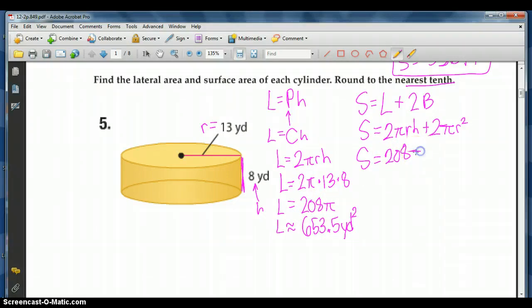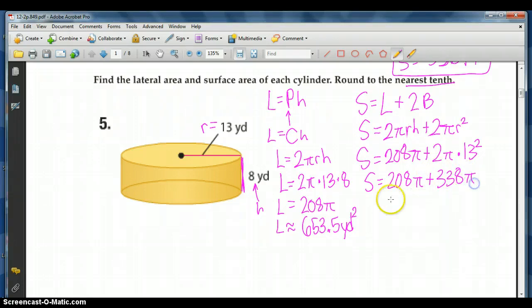So I have 208 pi plus 2 times pi. My radius, once again, is 13. So 13 squared. Now I can get all of this in terms of pi. So 13 squared is 169 times 2 is 338. So my surface area is 208 pi plus 338 pi. And if I simplify that, I get